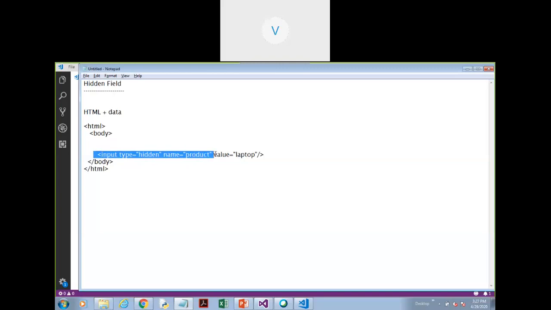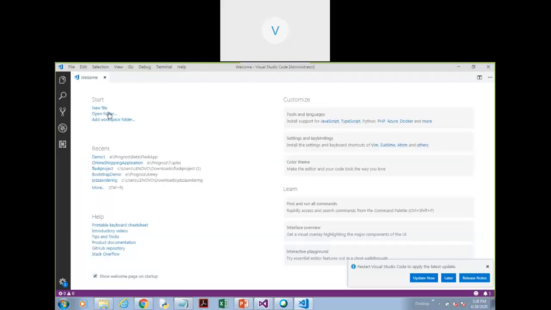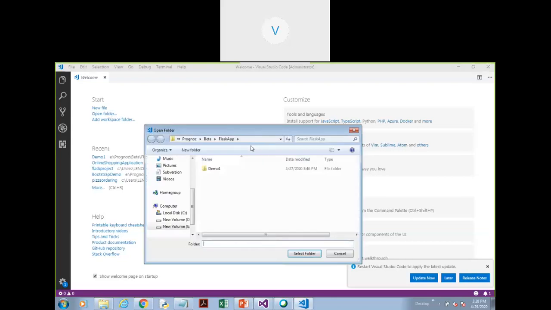Hidden field क्या है? It's in HTML. Input type is equal to hidden, name and value. So while sending the response to the user, we are adding one input tag and that will be sent to the client, and this will have the information about the product. So this is actually a very important concept that we are going to use later on, but as of now we are just learning how to use it. ठीक है, ये समझ में आया सबको hidden field का concept? So let's go ahead and implement it. Are you clear everybody? Yes, ma'am.